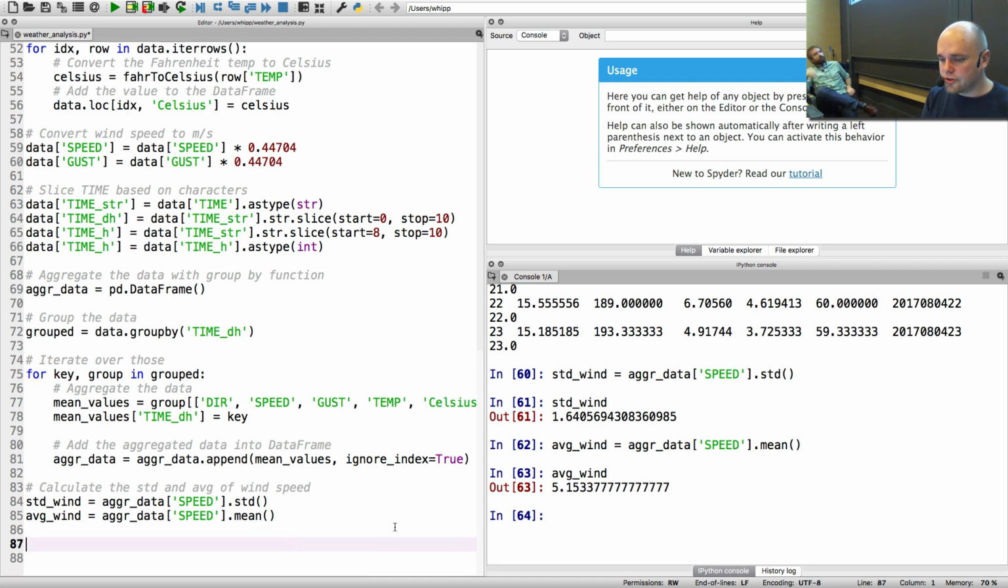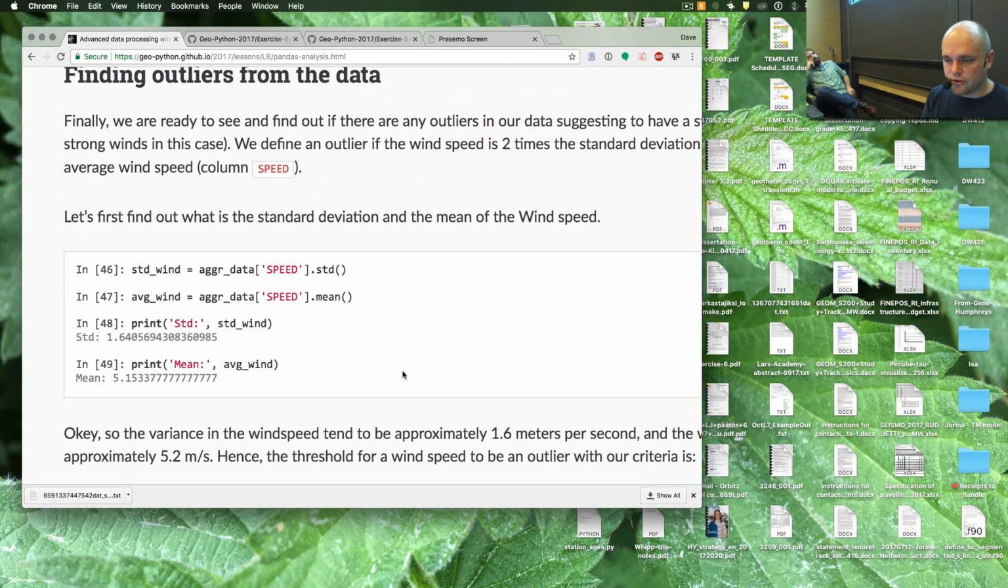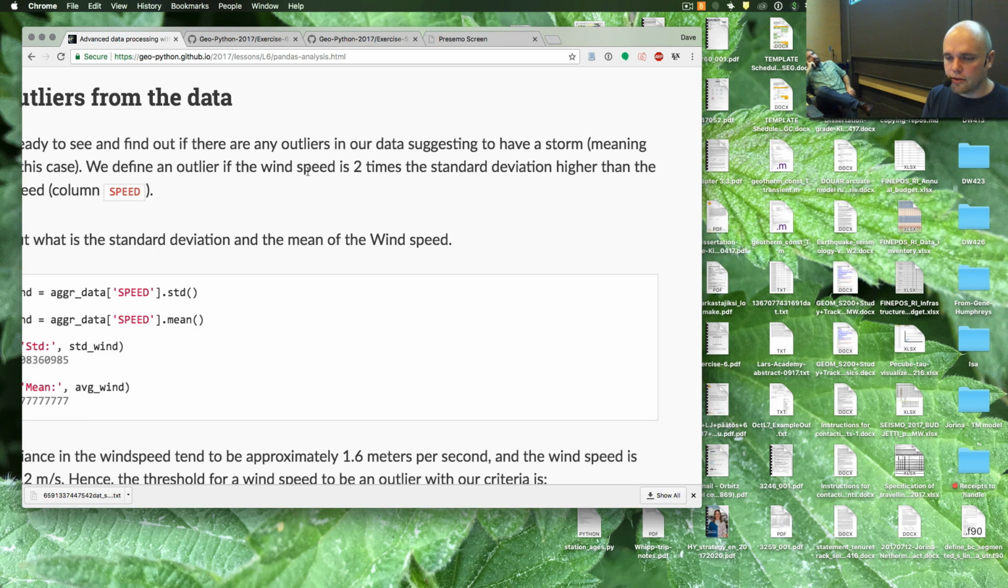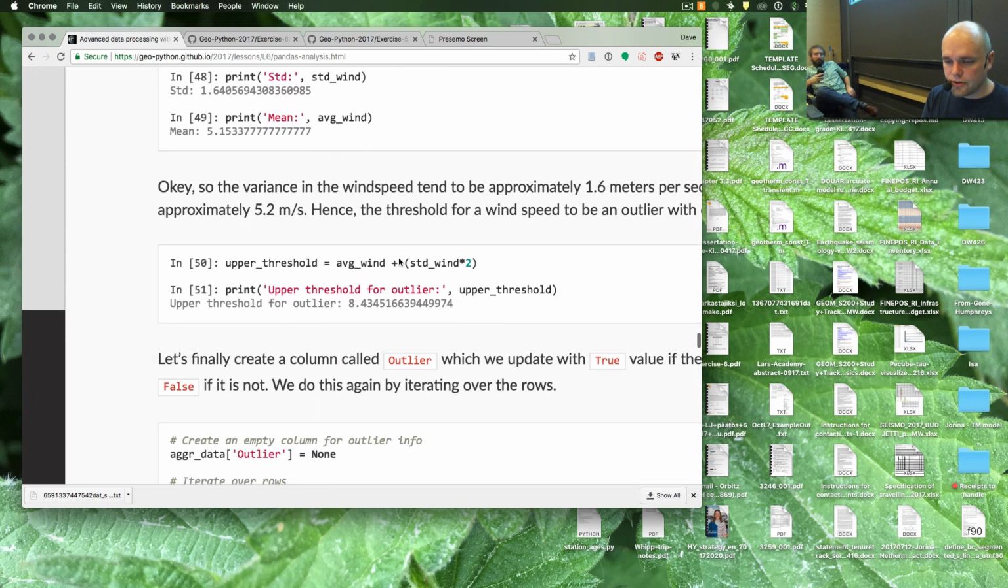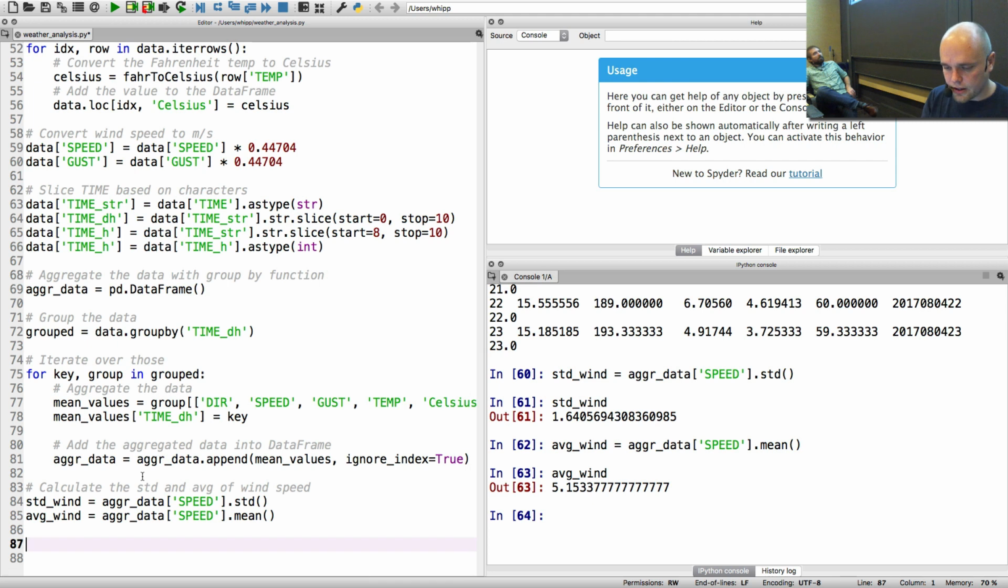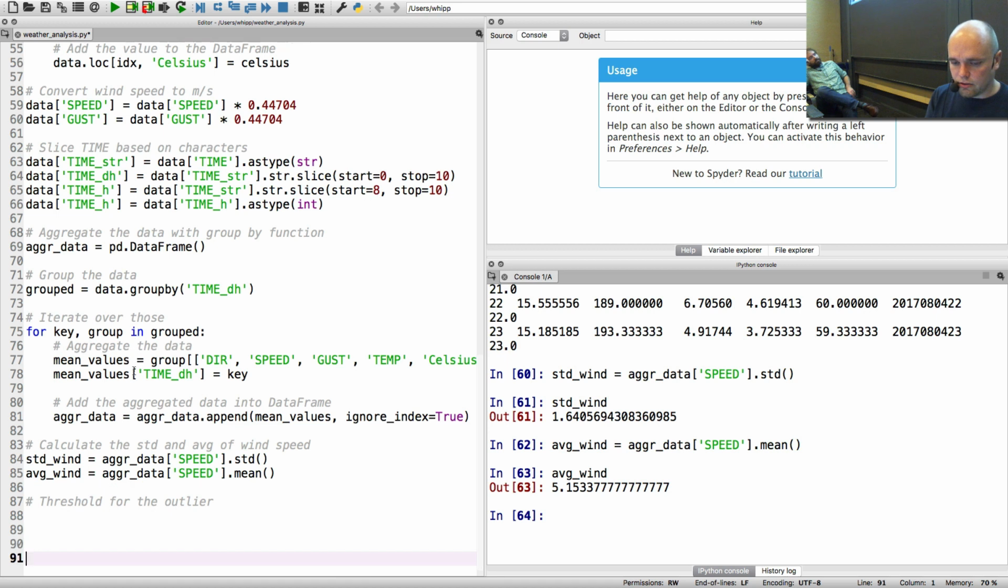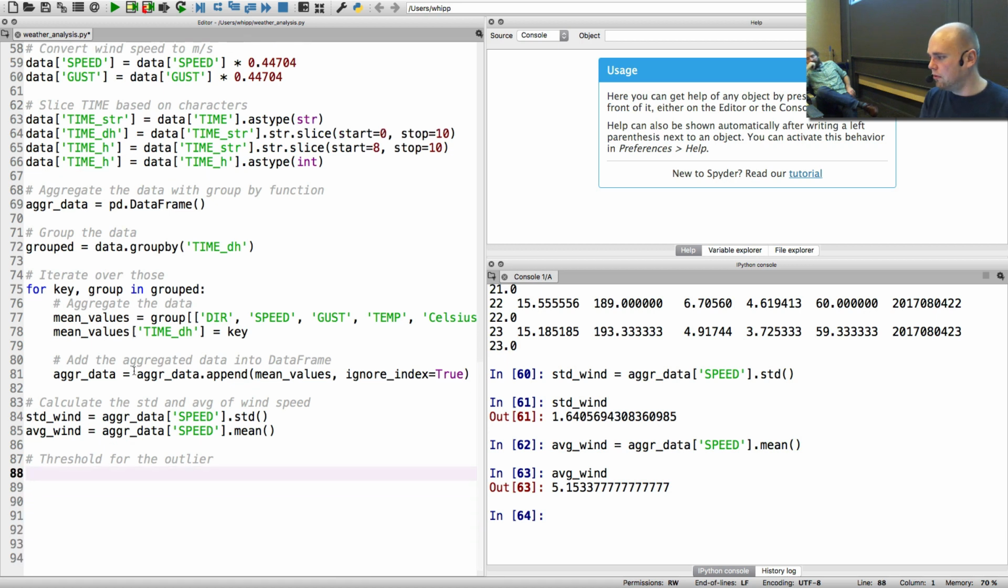Okay, then we need to do the formula to define the outlier, so wind speed is 2 times the standard deviation higher. How we need to do that is that we create a separate variable for the threshold, the threshold for the outlier. For this purpose, I will create a variable called upper threshold, so that we can see that it is the upper one. And then we take advantage of these variables that we used. So the threshold is the average wind